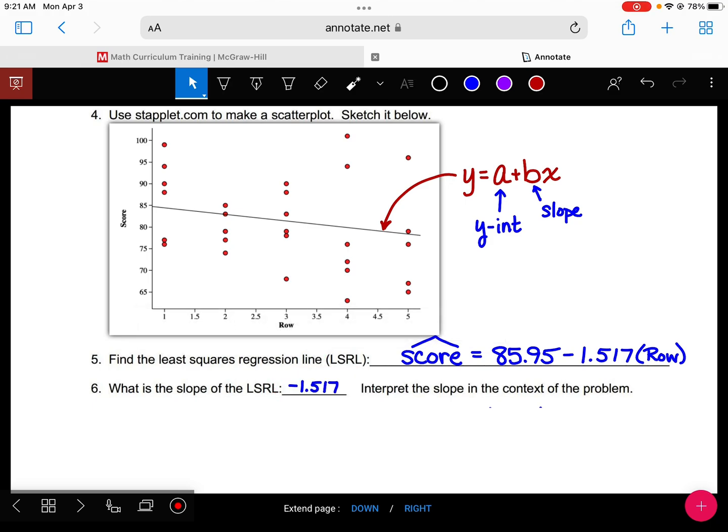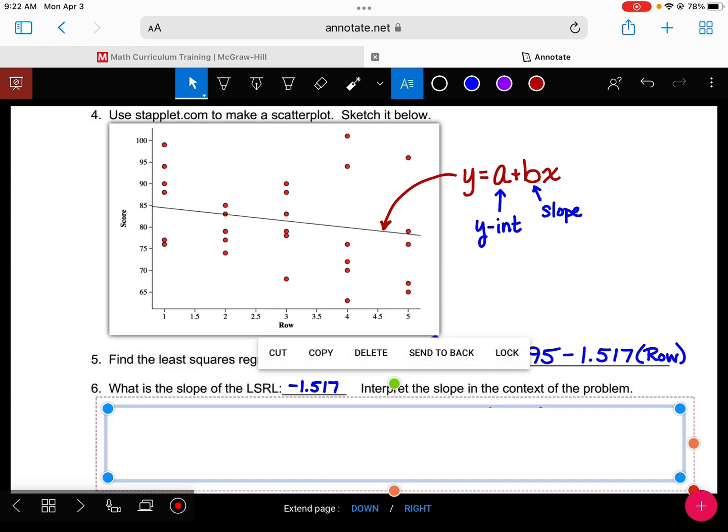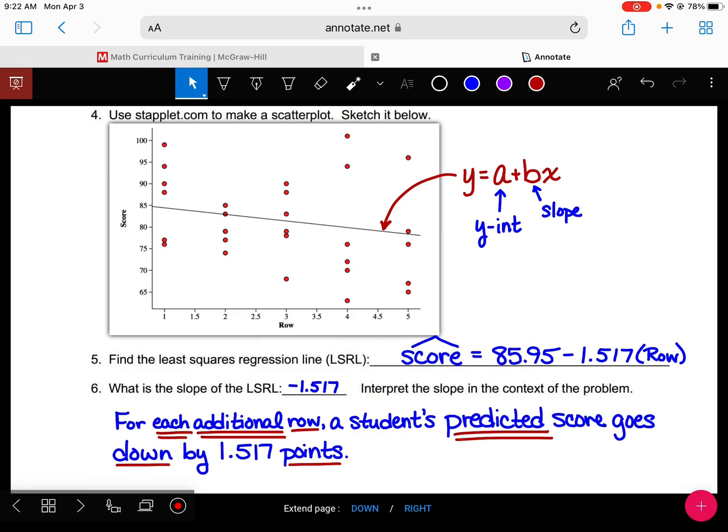Negative 1.517. What would that mean in the context of our problem here? As a student moves further back in the classroom, the predicted score decreases by 1.517. Yes, 1.517 what? Points, yes. So for each additional row, or for each row a student moves back, you want to have some